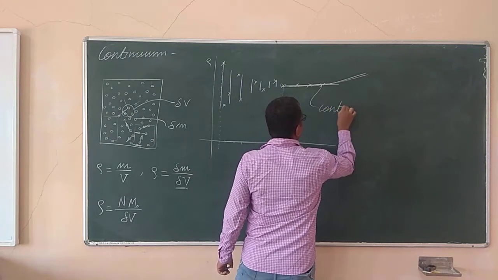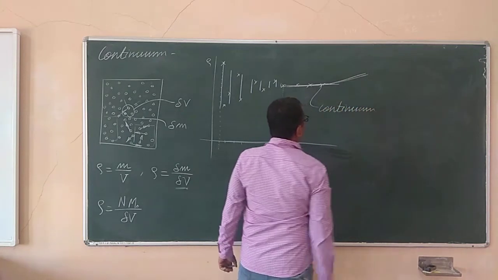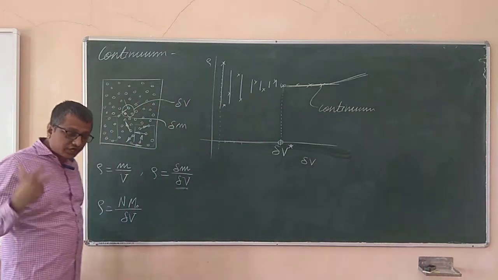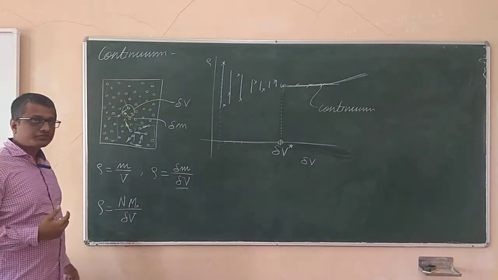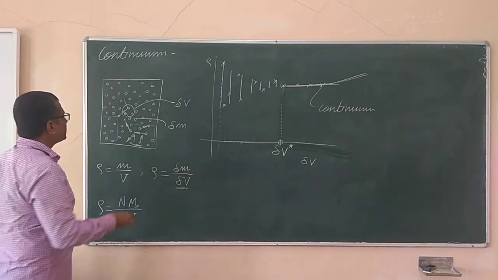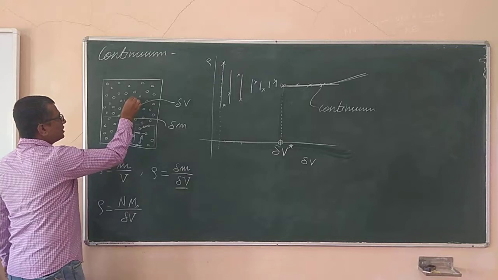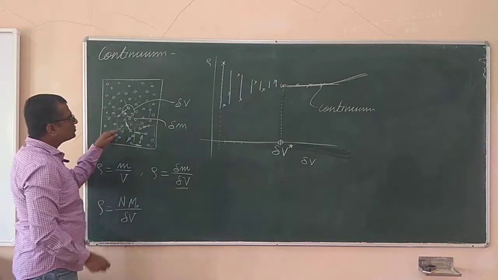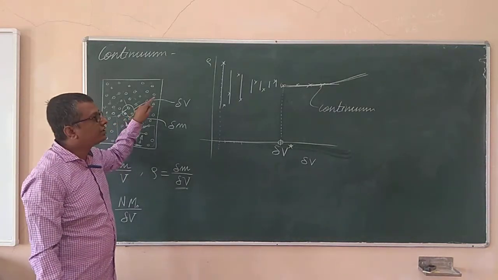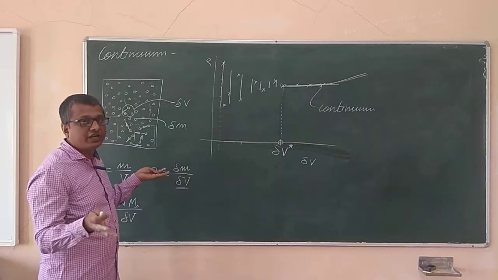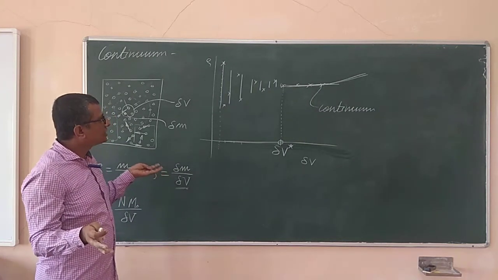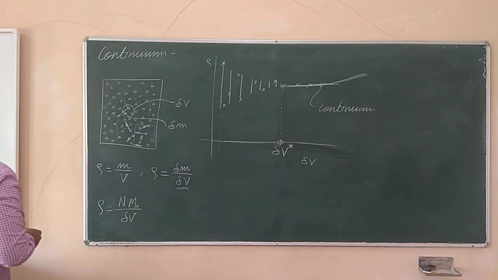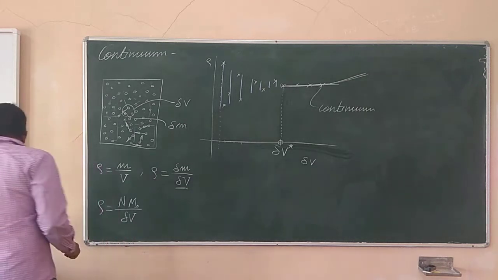From here onwards the fluid is considered as a continuum, that is, a continuous one. There is no breakdown in between, right? So if I take the same example, I can explain it over here. If I take a little larger volume over here, then the number of molecules coming into that volume and leaving it will not affect anything, since the number of molecules inside it will be very large, right? That's the concept of continuum. Now in another way we can explain it, and that is the Knudsen number. Now what is this Knudsen number? We will see.